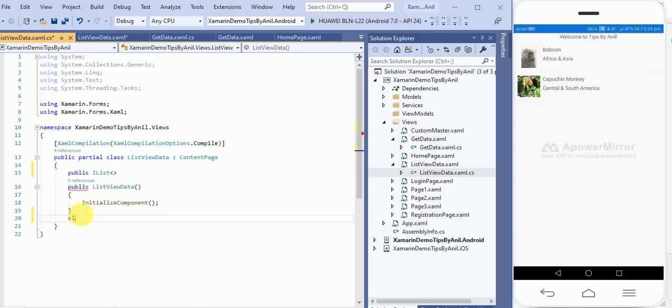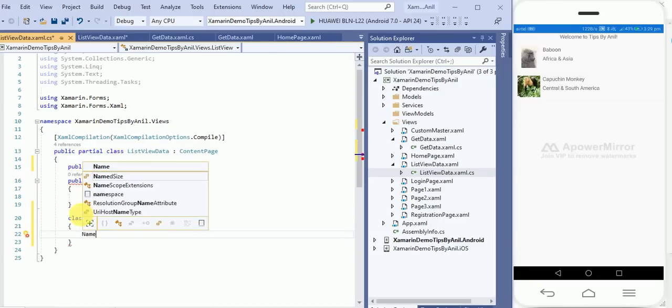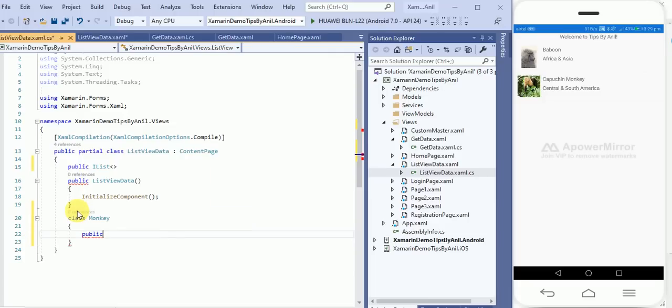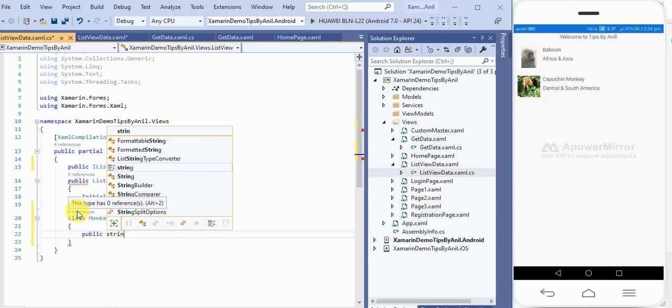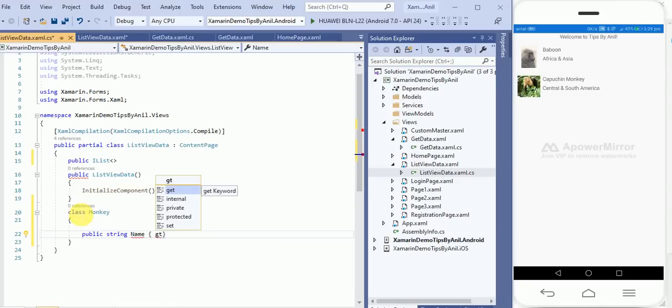So here I will define a class with a public string Name, and in Name I will get and set the value.